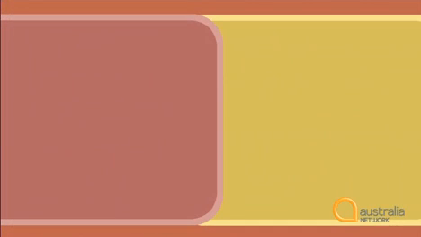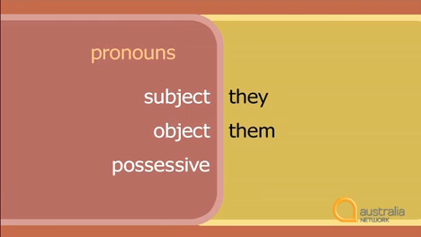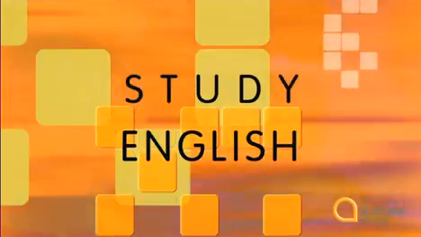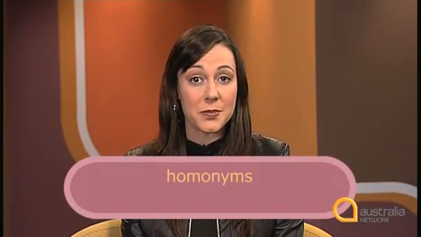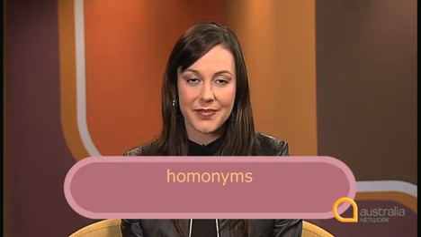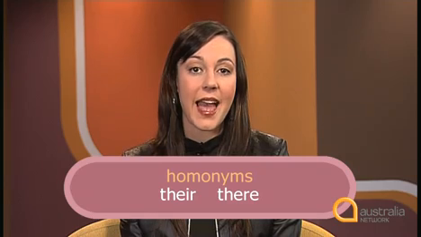So there are three forms pronouns take. The subject form, like they, the object form, them, and the possessive form, their. The word their is a homonym. Homonyms can be words that sound the same but have different meanings, like there, T-H-E-I-R, and there,